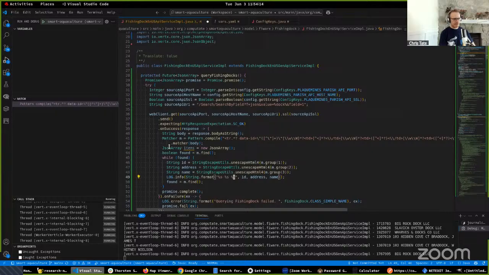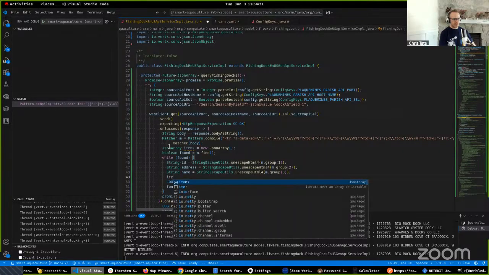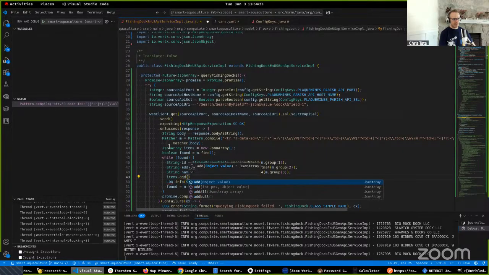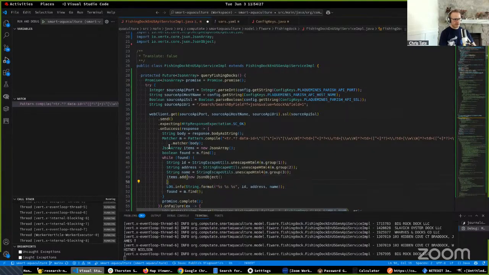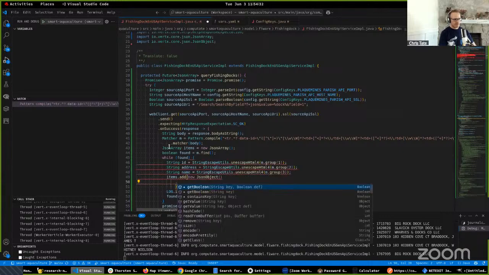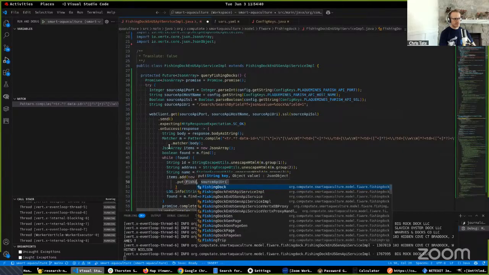And then we can do items dot add new JSON object. And then dot put, let's see here, fishing dock